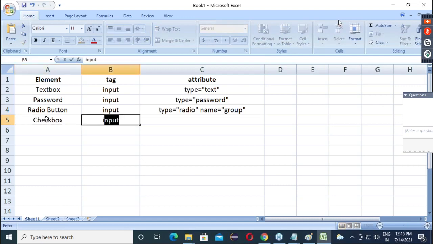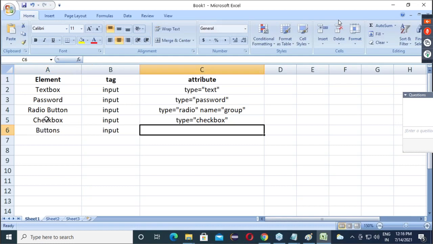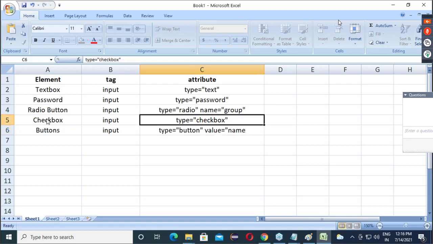So tag input, type equals to checkbox. Then buttons. So input, type equals to button, and one more attribute is compulsory, that is value equals to name of button. Whatever will be the name, that is compulsory.